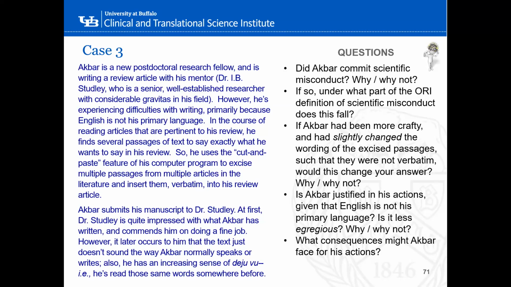So I don't think so. I don't think it makes it any less of plagiarism just because he couldn't write English. There's many different ways of getting help with phrasing. There's language editors. So I think he may as well write in his primary language and then get a scientific language editor to help him with translation to English. That would be my take on it. Thank you. Very, very interesting.